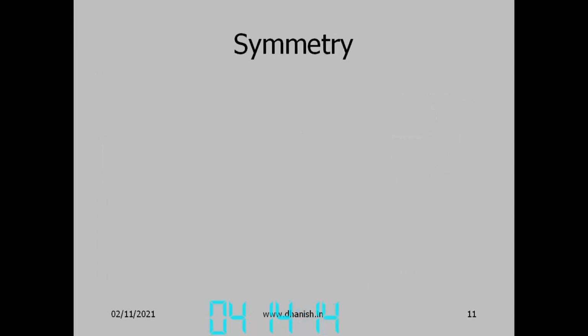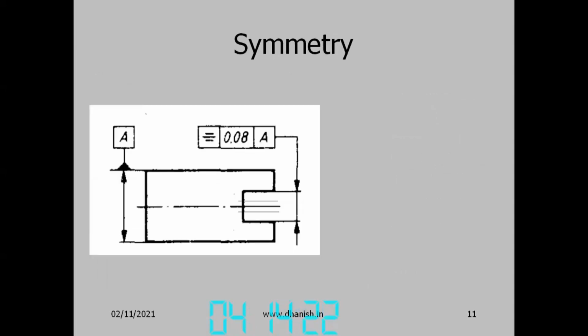Next, so there are the three angle-based tolerances. Now we come to location. So symmetry. Symmetry tolerance symbol. Notice the symbol. One line followed by a short line, a long line, above it a short line, and below it a short line. So that's the tolerance for symmetry. So both sides should be equal.